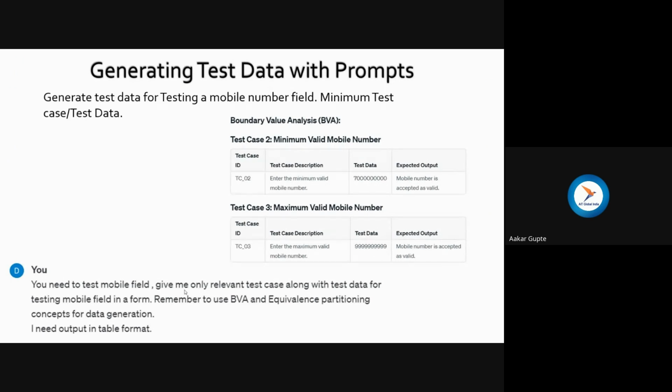Now, for this kind of test cases, when it comes to getting the data, we need to ensure how we are cherry picking those things, right? Because in both the cases, things are the same. It is saying the mobile number is accepted as valid, and here also it is saying it is accepted as valid. So while we are going through the output, we need to ensure